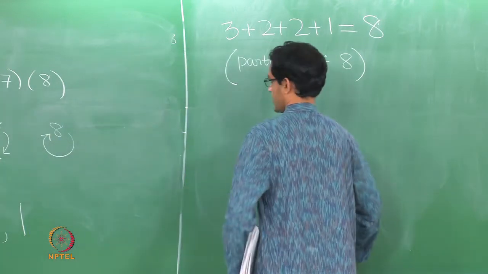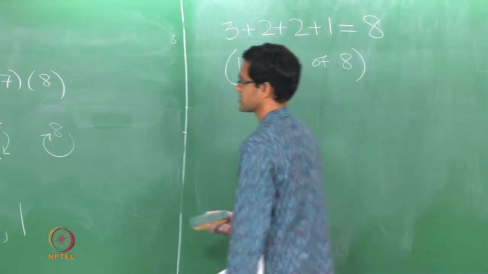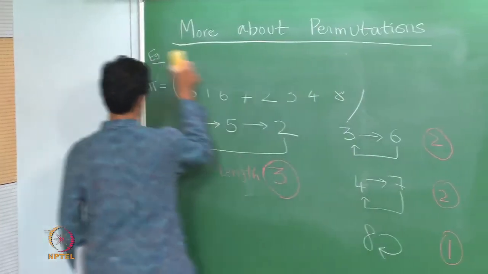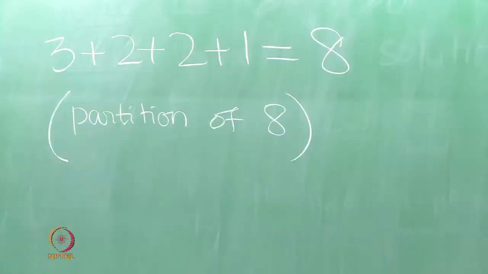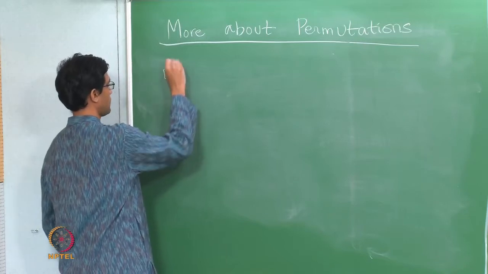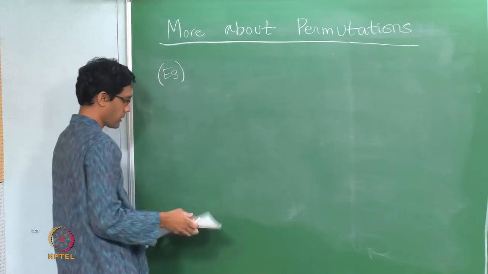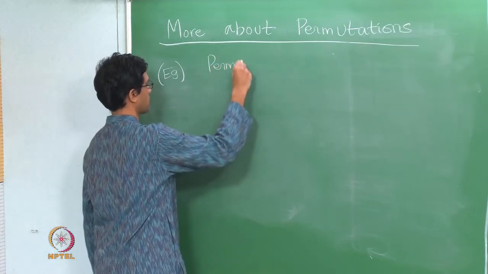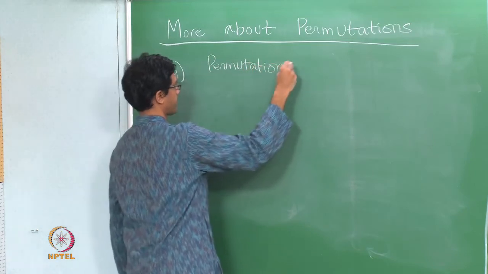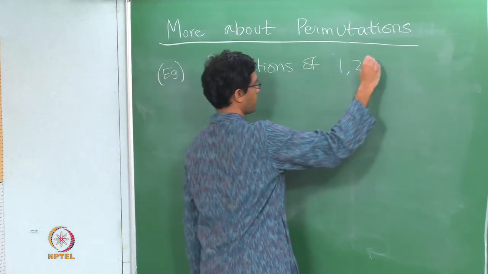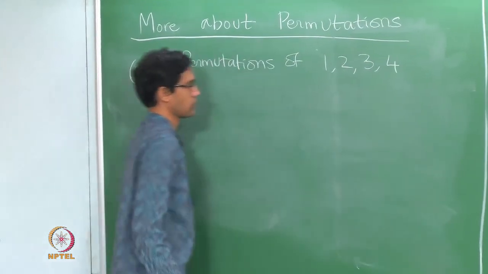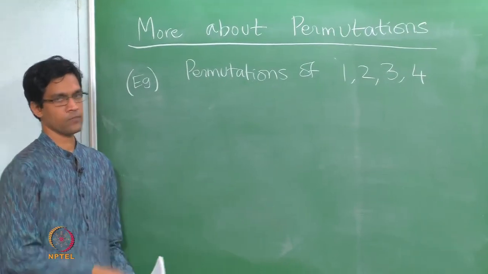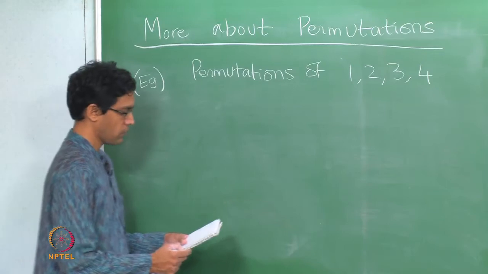So let's look at a counting problem, which again arises naturally in this context. So it's a finer counting problem than just counting all permutations. So again we'll do it by example. So 8 is somewhat large for our purposes. Let us take just permutations of 4. So I am going to look at permutations of the numbers 1, 2, 3 and 4. Okay. Observe that the total number of permutations is 4 factorial, which is 24, but what I want to do